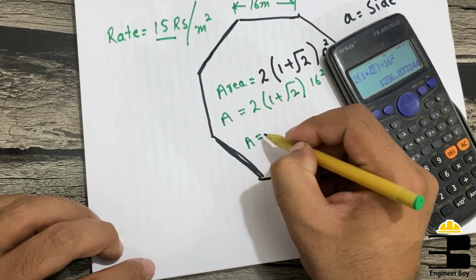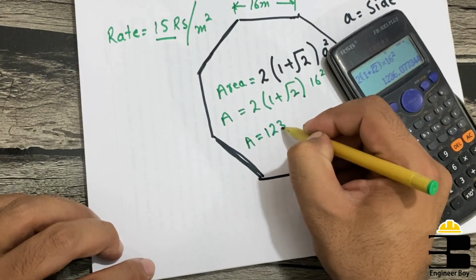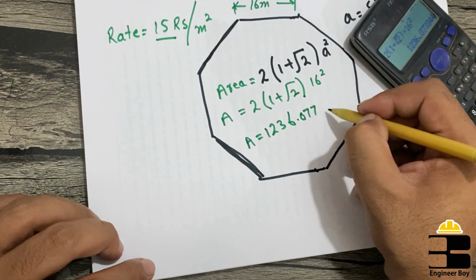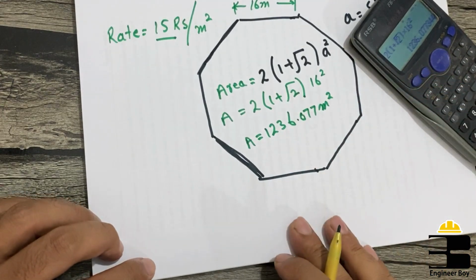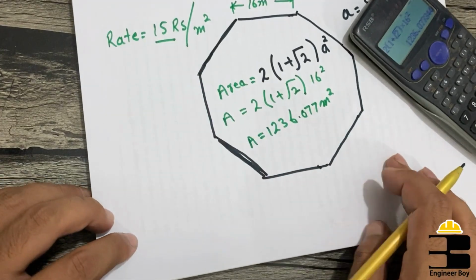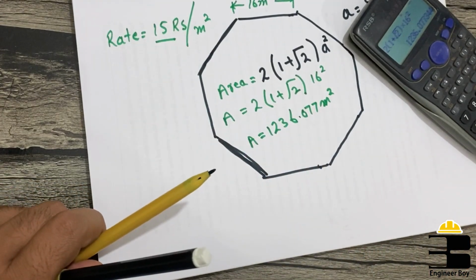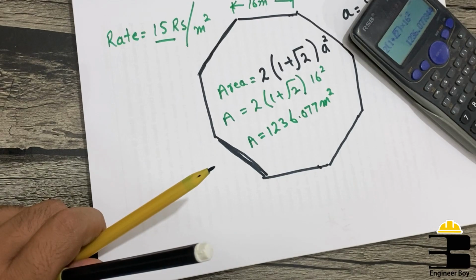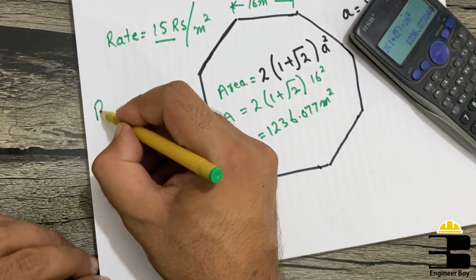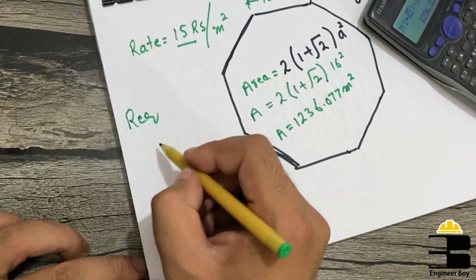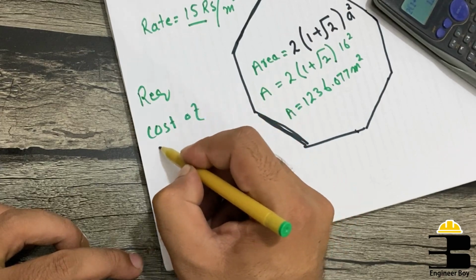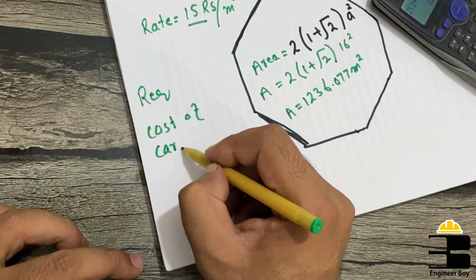Okay, so area equals 1236.077 square meters. Now we can determine the cost of carpeting. As you can see in the paper, the cost of carpeting is required. So we have required, and in the solution the cost of carpeting